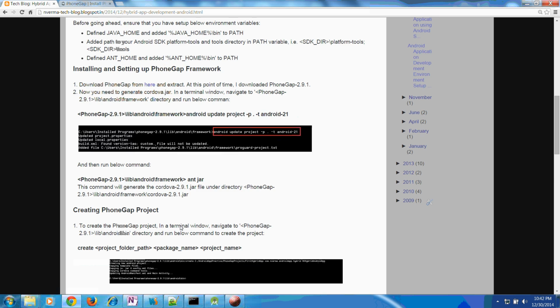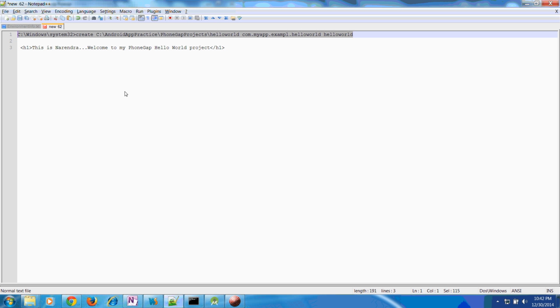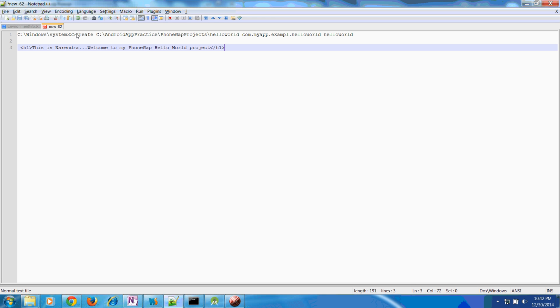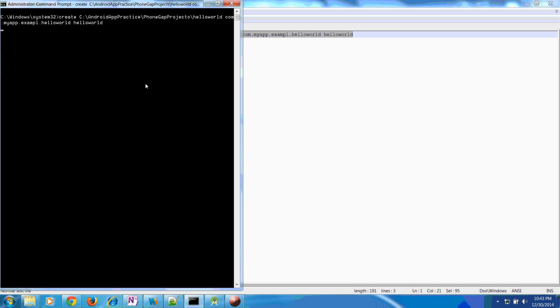Once you have done these steps, now you have to create the project that is based on PhoneGap. So let us create a project from scratch. What you need to do is run the create command, providing the directory where you want to have this project, what your package name should be, and what your project name is. So let me copy this one and paste it here, and if you just press enter,